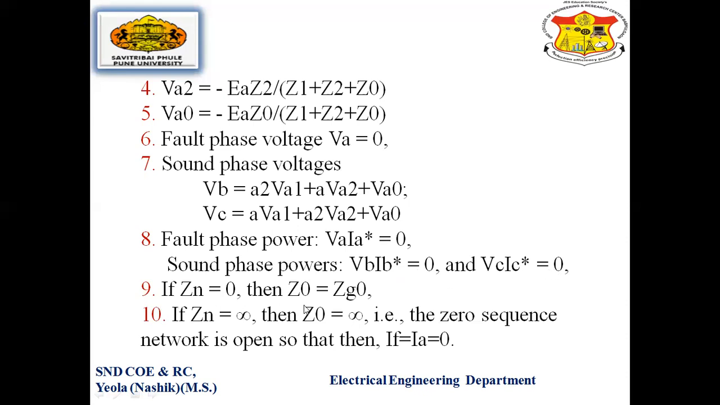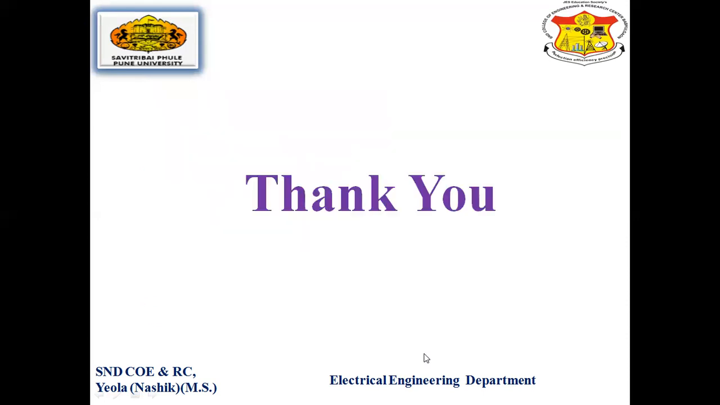If Zn is equal to 0, then Z0 is equal to ZG0. And lastly, if Zn is equal to infinity, then Z0 is equal to infinity. That is, the zero sequence network is open, so the fault current, which is equal to the phase current IA, is equal to